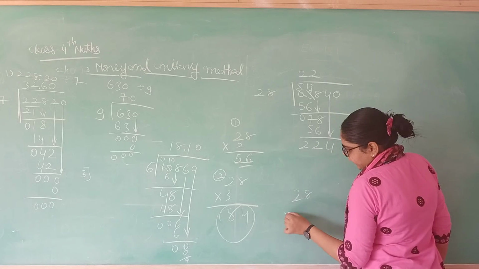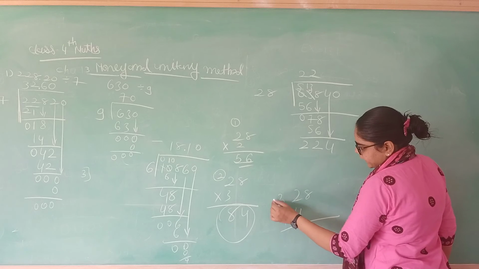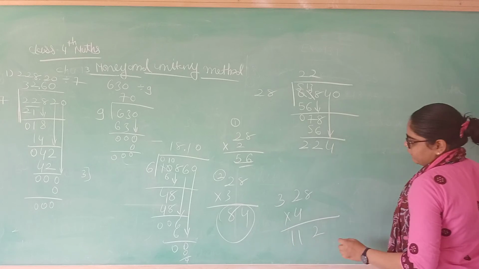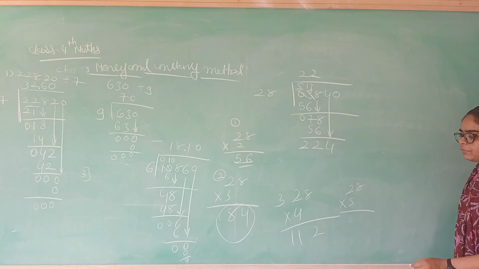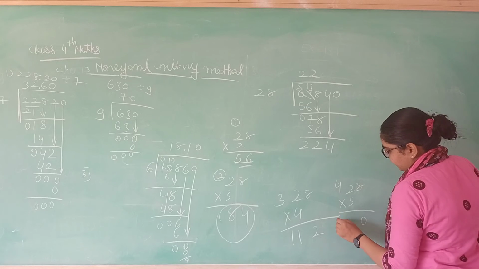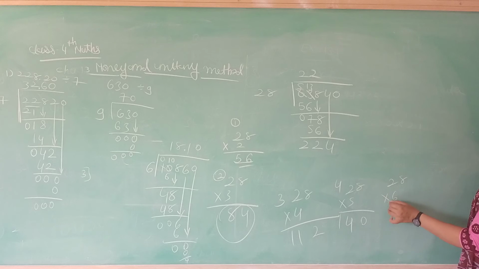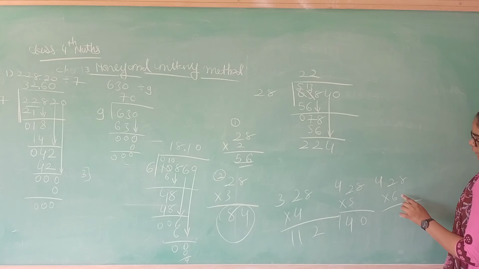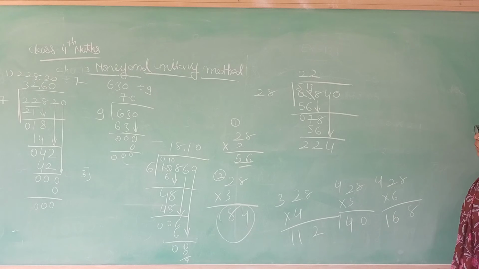Then again 28 fours: 8 fours are 32. 2 here, 3 carry on. 4 twos are 8, 9, 10 and 11. 112. 28 fives: 8 fives are 40. 0 here, 4 carry on. 5 twos are 10. 10 plus 4, 14. 28 sixes: 6 8s are 48. 8 here, 4 carry on. 6 twos are 12, 13, 14, 15 and 16. Okay,